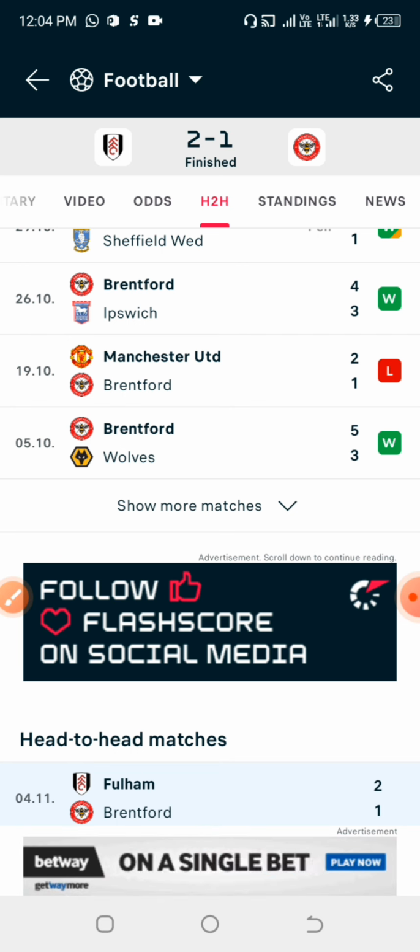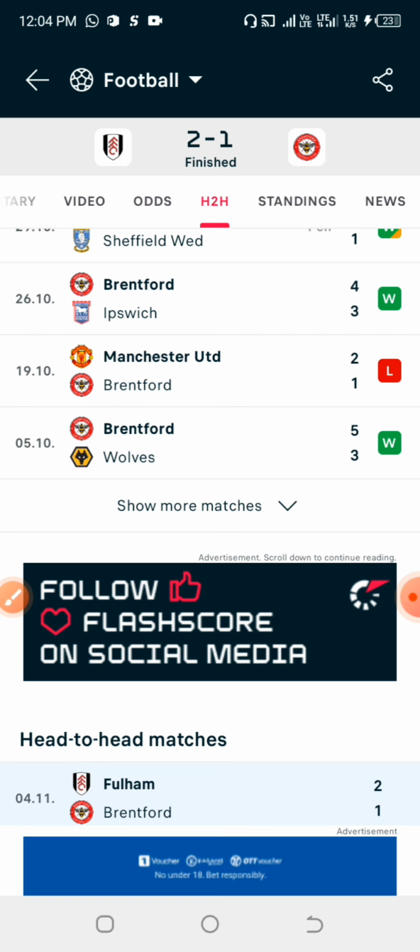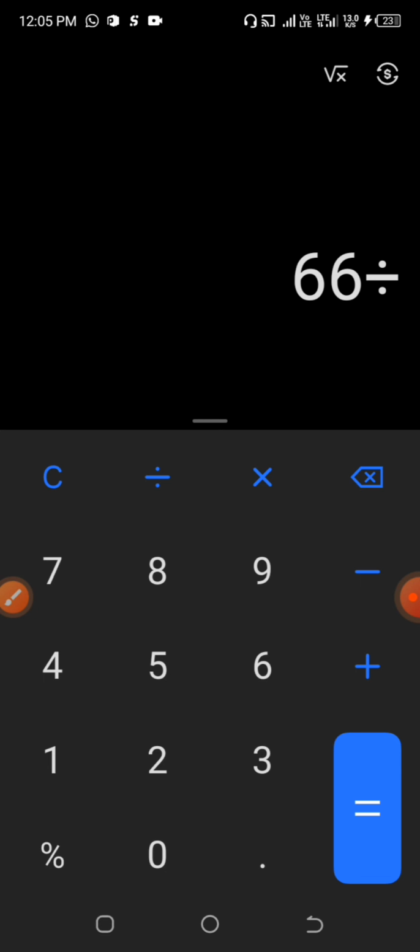You can see that it is different compared to the other stats that we just evaluated. So now let me quickly go through the calculator. We have 66 divided by 6. I already explained how the 6 works. So we are getting 11. This 11 seems to be the average corners, the range of corners that we should be expecting. And if you divide it by 2, surely you are getting 5.5. Trust me, if you predict this particular game as over 5.5 corners, surely you are going to win it accurately, perfectly. Sometimes if you can get 7 corners after dividing it, you are good to go.